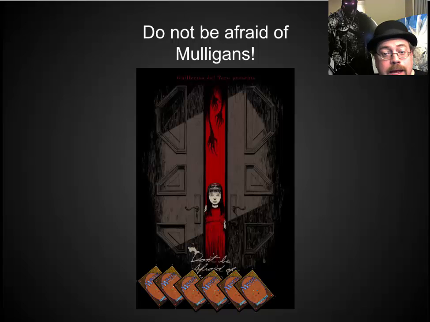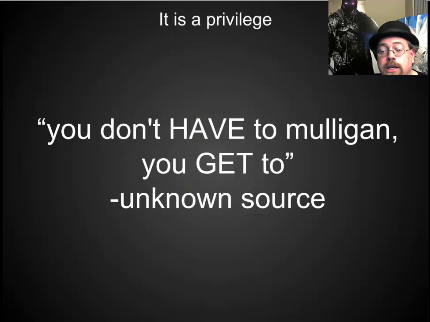I have won many games with 6, 5, and even 4 card hands, where the 7 card hand I started with would have never ever gotten me there. It is a privilege to mulligan. You get to get rid of the junk that you have to get a better hand. You have to change that mindset, even that mindset that permeated the beginning of this video where I talk about mulligans negatively, and turn mulligans into something positive, especially when you're looking for sideboard cards that are going to save